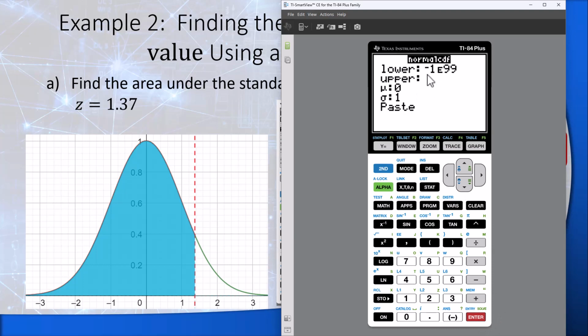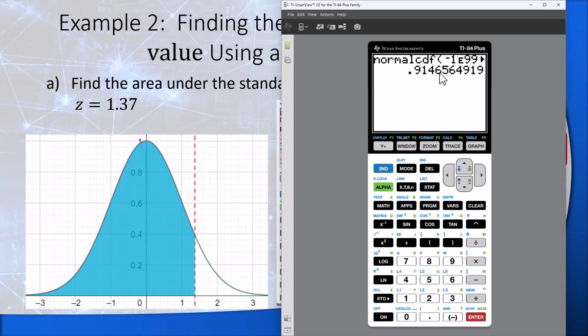My lower is negative 1E99. That is basically a negative 1 followed by 99 zeros. That's the smallest value this calculator can produce, so that's their equivalent of negative infinity. Just go ahead and hit enter. The upper value is 1.37. We're dealing with a standard normal, so the mean will be 0 and the standard deviation will be 1. Hit paste, hit paste again, and here's our answer,